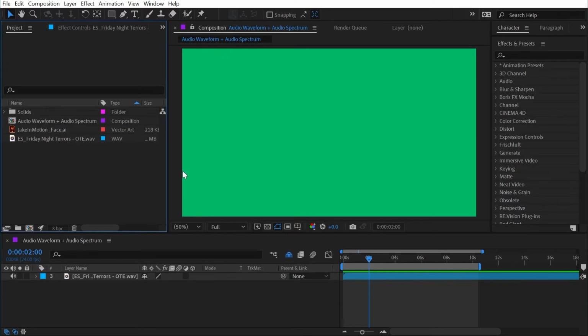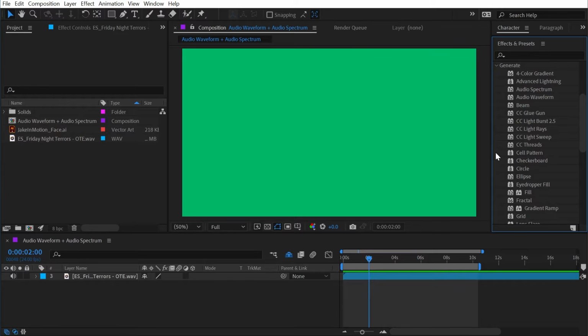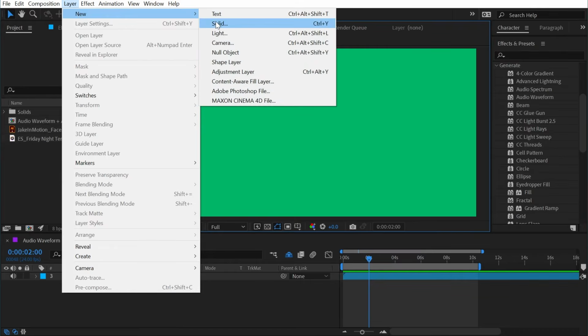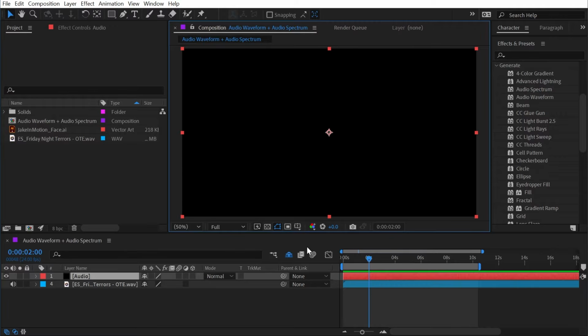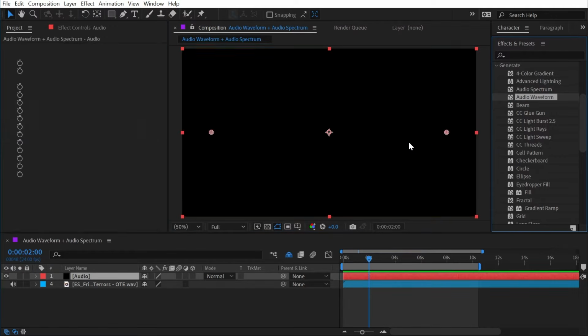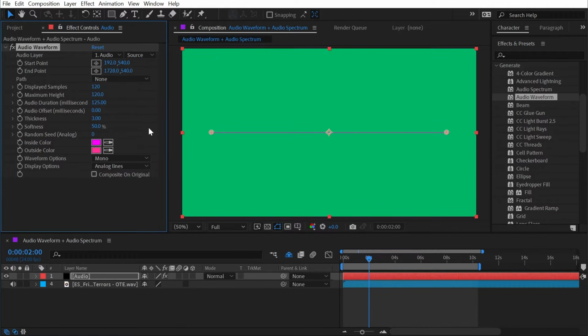Audio Waveform and Audio Spectrum can both be found under the Generate category, and because they're generative effects, they're going to need something to generate on top of. So I'm going to start by making a new solid layer, and I'll call this Audio, and then just click OK. And let's start with Audio Waveform. I'll click and drag that out to the solid layer, and we have a beam running across between 2 point